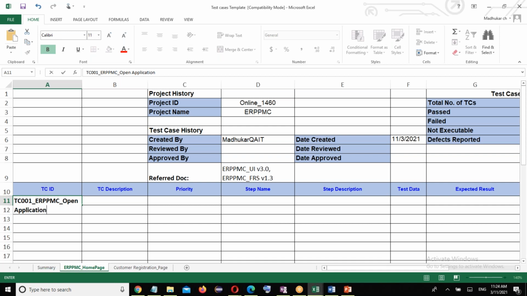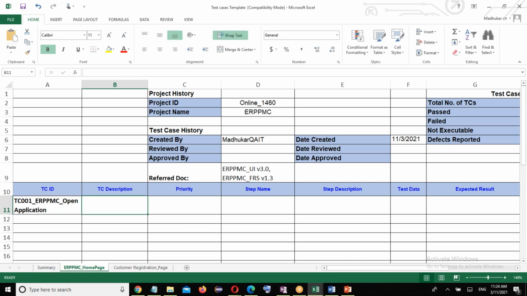That's the name of the test case I wrote. Then we have to go for the test case description. Under that we have to write the intention of the test case, what purpose we are writing the test case for. So I can say this test case